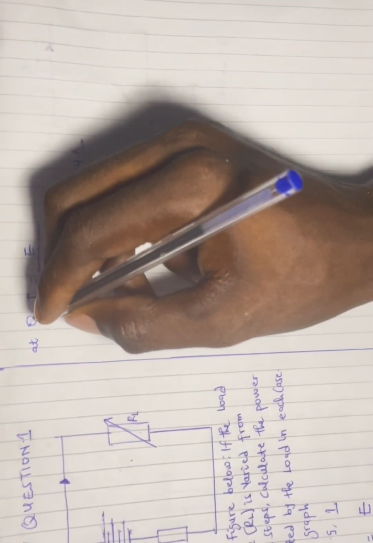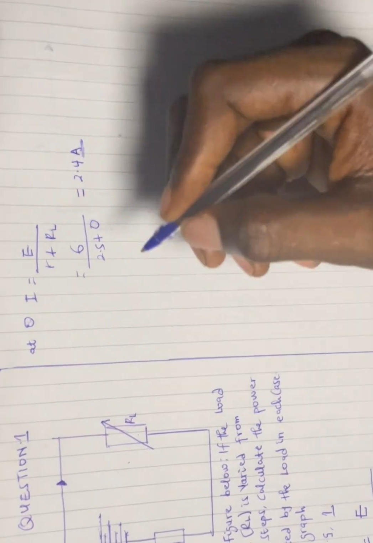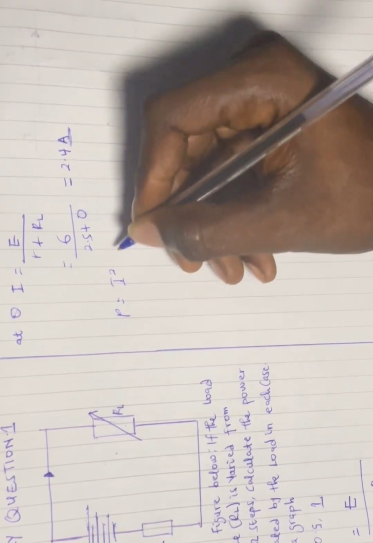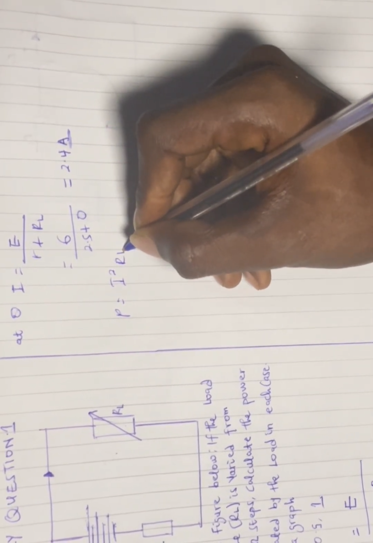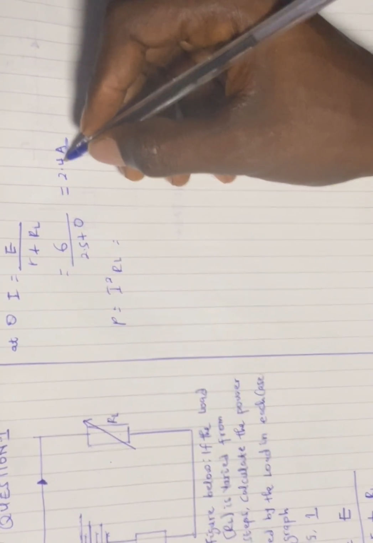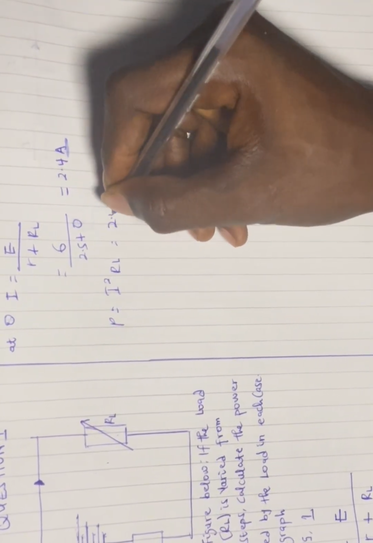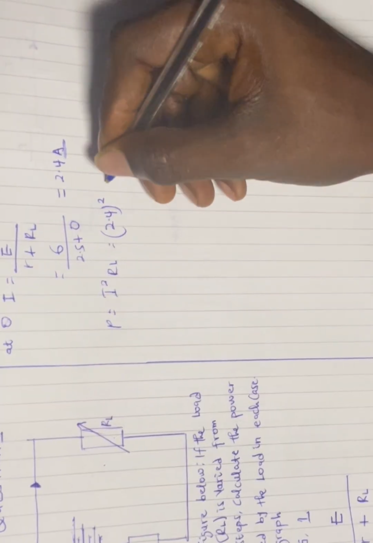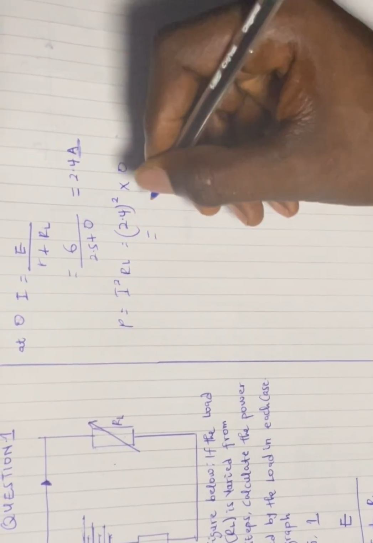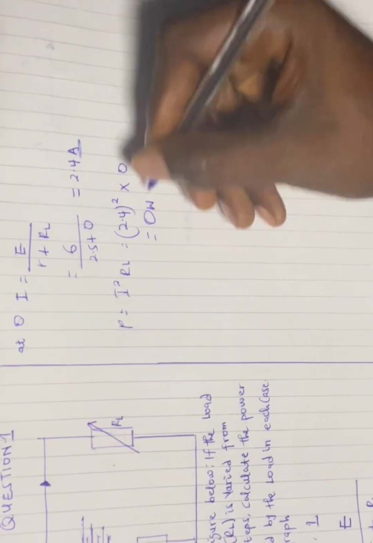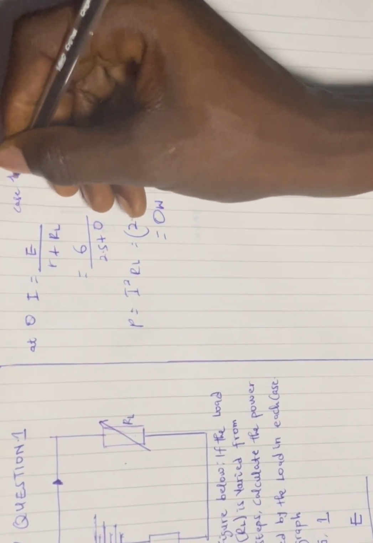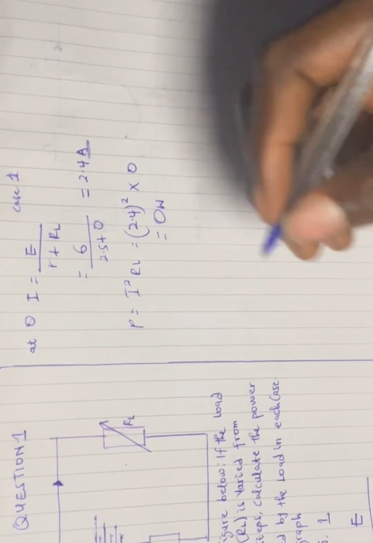So at the 0 case, we should find power. Power is equal to I squared RL. So you got the current to be 2.4. It's going to be 2.4 squared times RL, which is 0. So therefore you are going to get 0 watts. So this is for case 1. So for case 2,